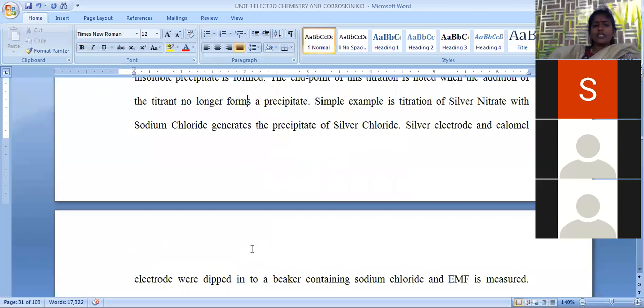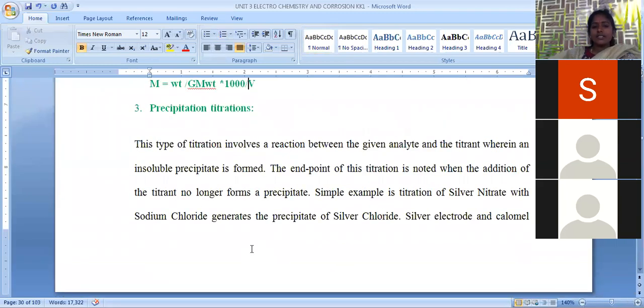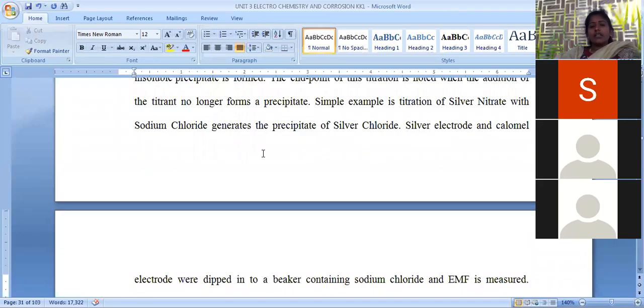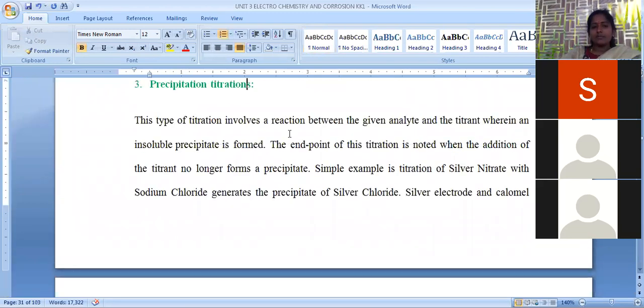Next, we are going to discuss precipitation titration. Precipitation titration is nothing but when titrant is added from the burette, whatever solution is there in the beaker slowly converts into precipitate, so that a change in EMF value is possible. Here, the simple example is